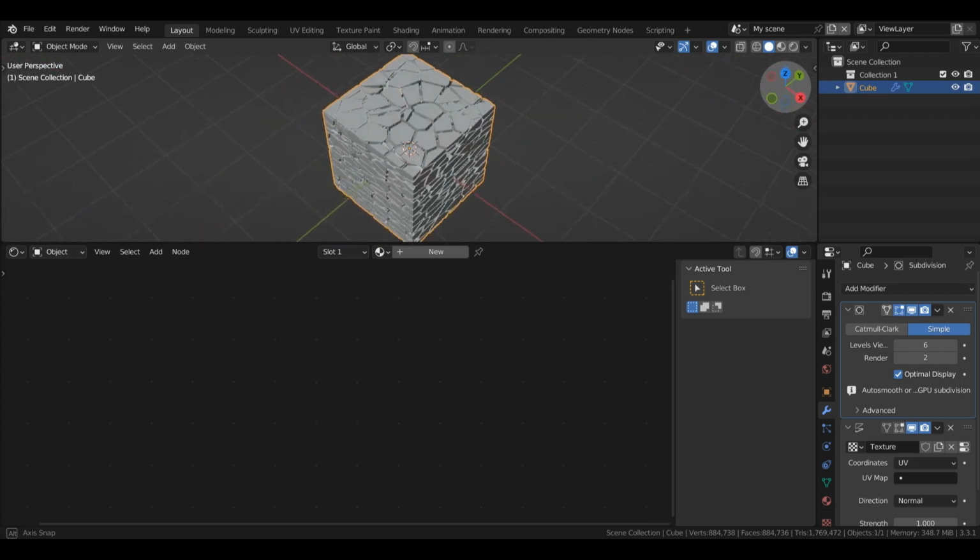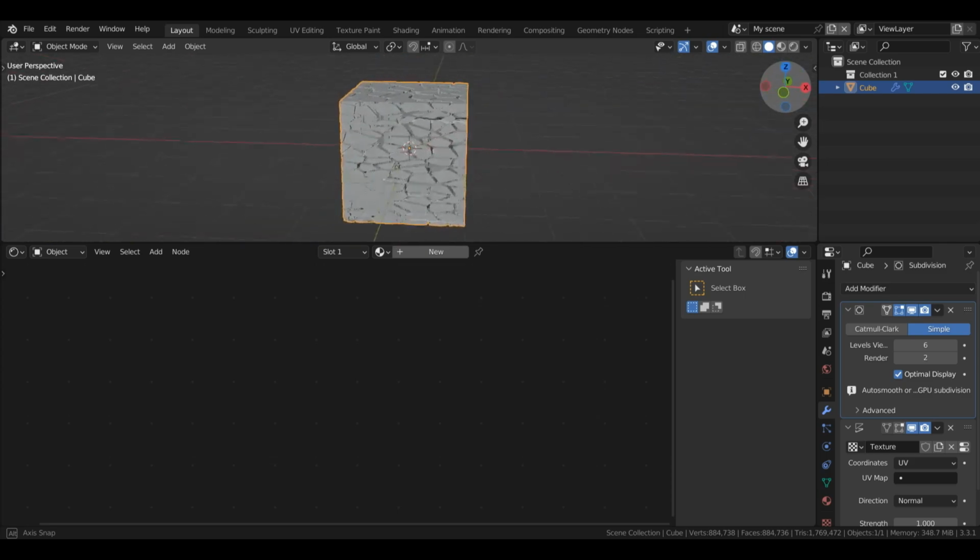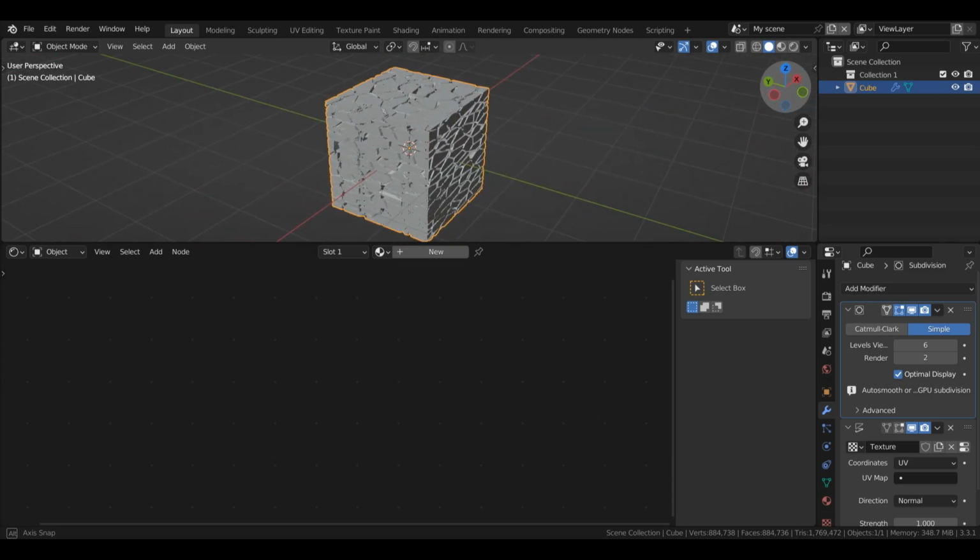We can see this even in our solid view. Which one you prefer to use is really down to your own personal preference. But I personally have found that using the displacement modifier has been a lot faster on my computer. Another benefit of the displacement modifier is I can go ahead and make these changes permanent.